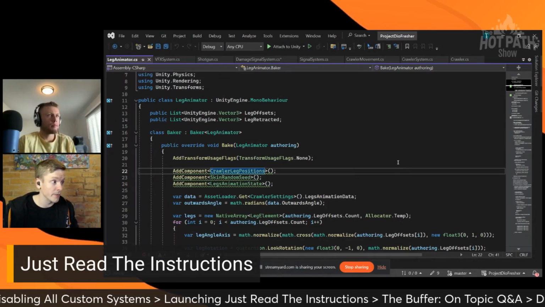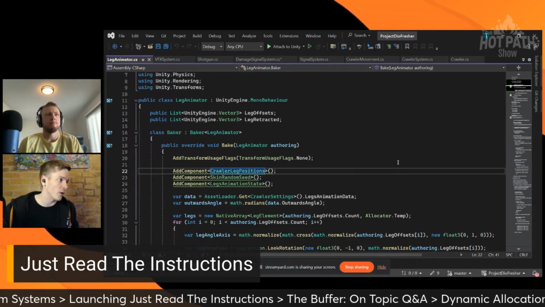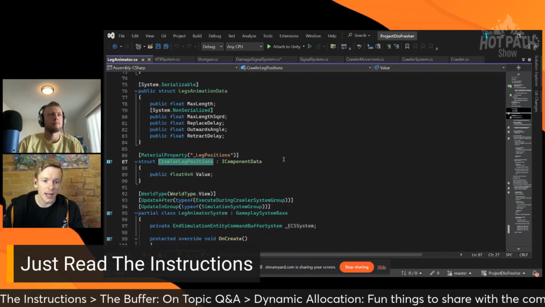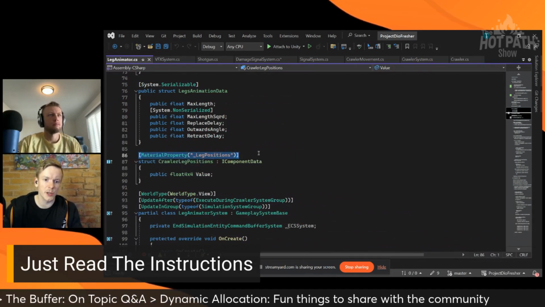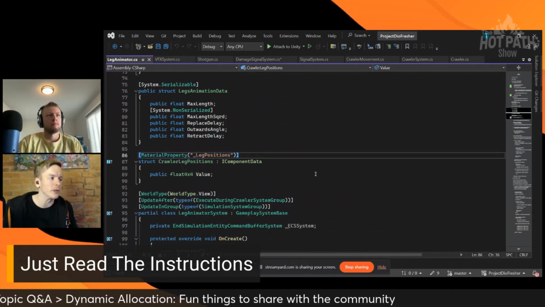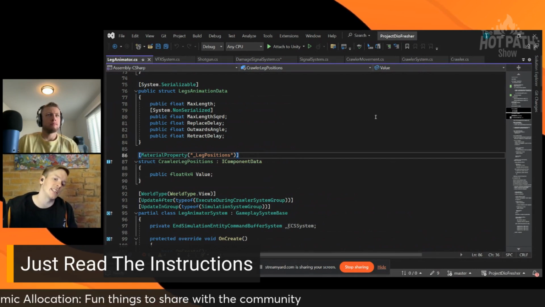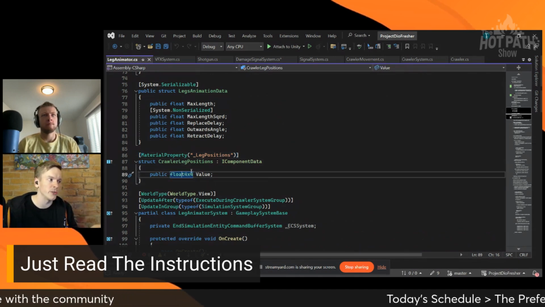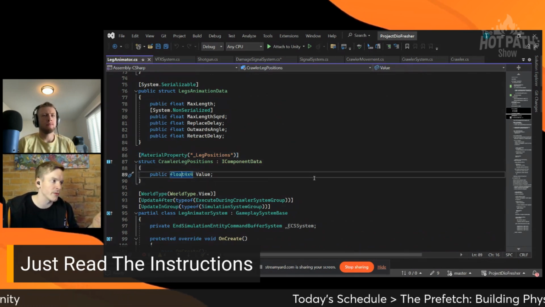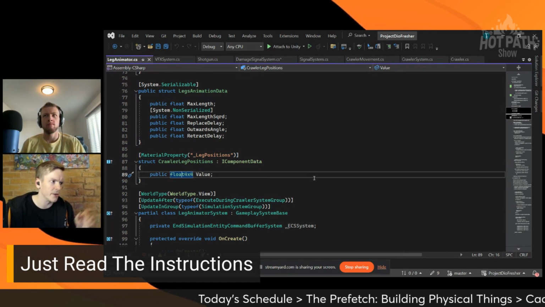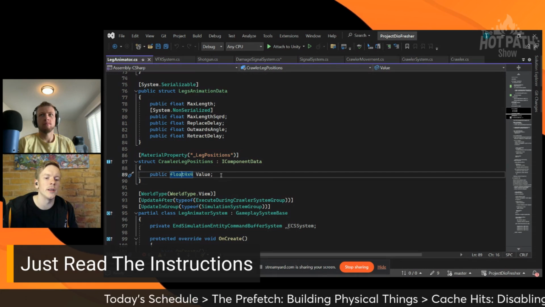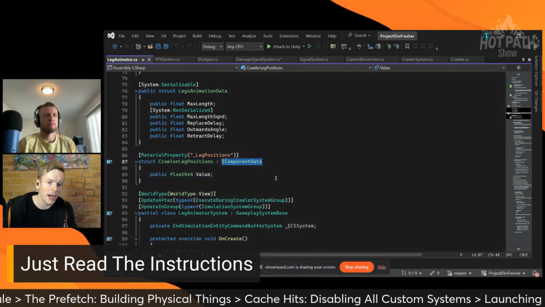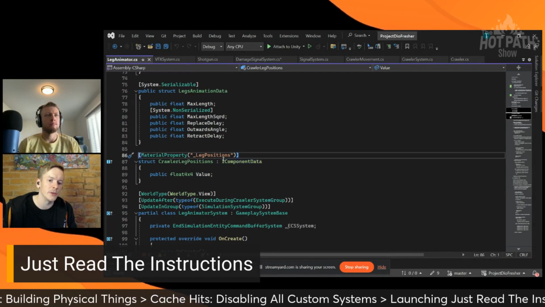Material property overrides. Well, now it's called just material properties, but it used to be called override also. For those who don't know, you can quickly Google this and find all of it. But basically, it means if you have a float 2, float 3, or float 4x4, maybe there are others supported, I don't know. If you have a single one of these in a component, you can just add this attribute and name it